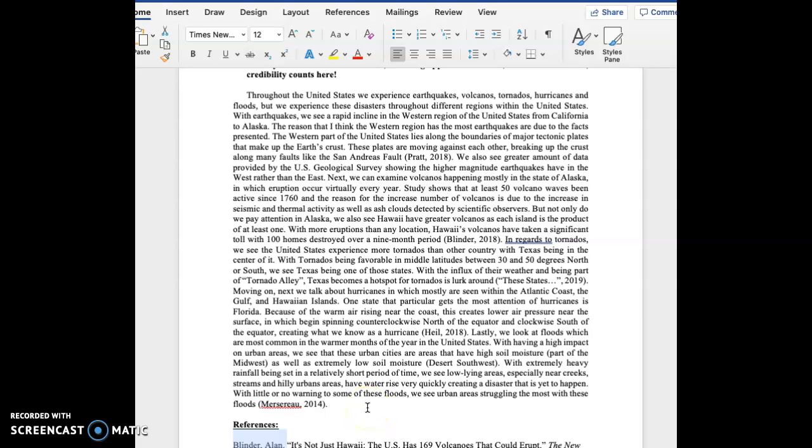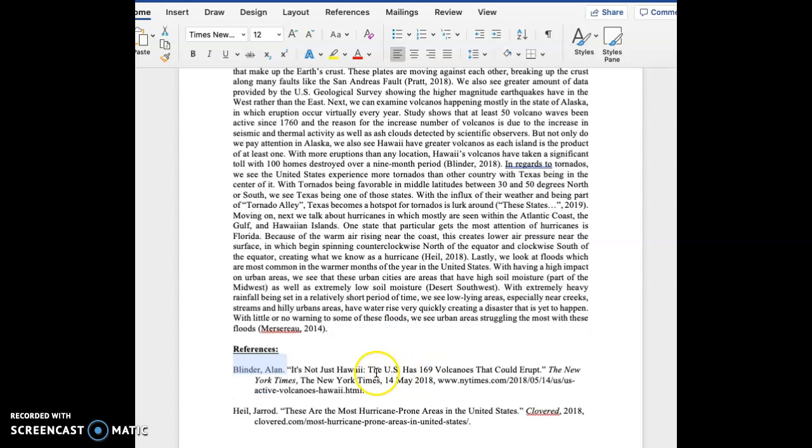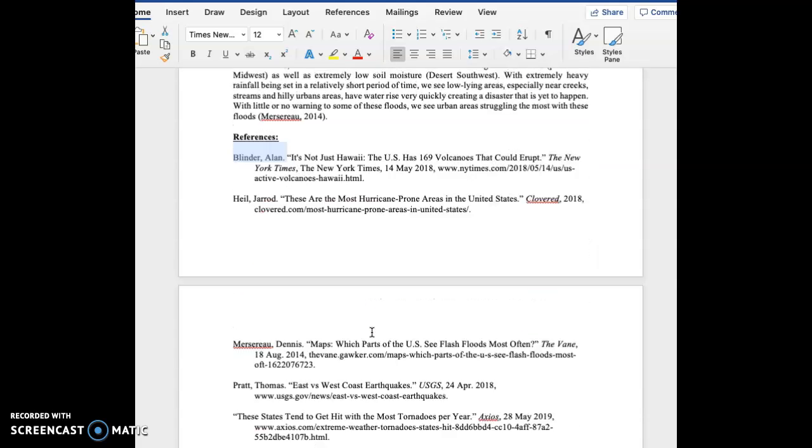So just look at that, not just for this class, but in the future. I hope that you at least understand that mechanism and why in-text citations are so important. Also, it's just a roadmap. It's a roadmap that is needed to understand where you got your information from. Okay, so